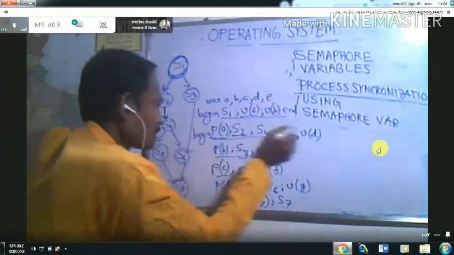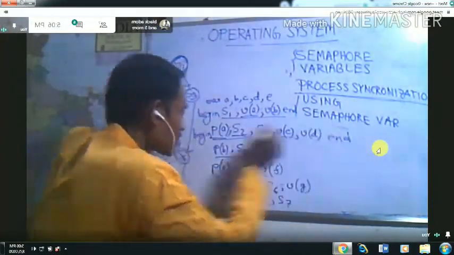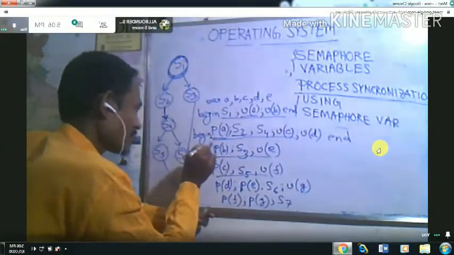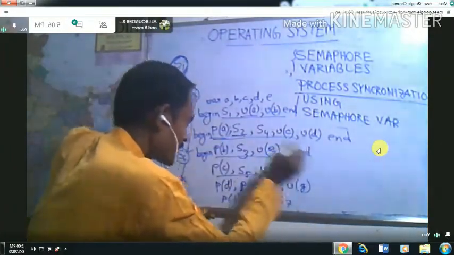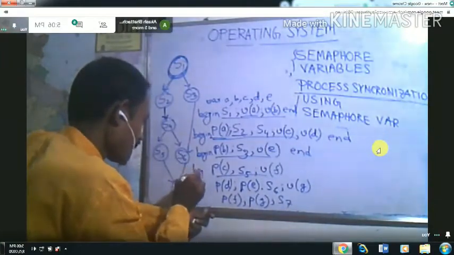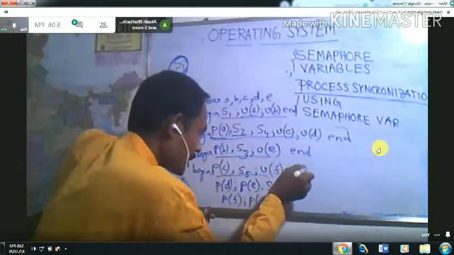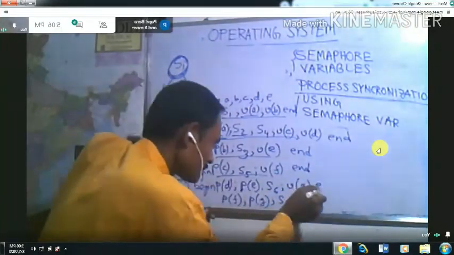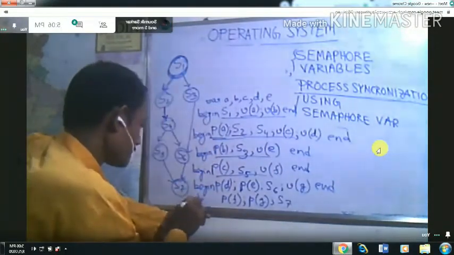So a process starts with begin and end. All these are different processes, and they are the child processes, each with begin and end.